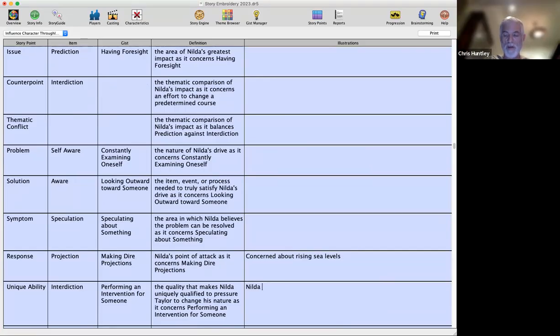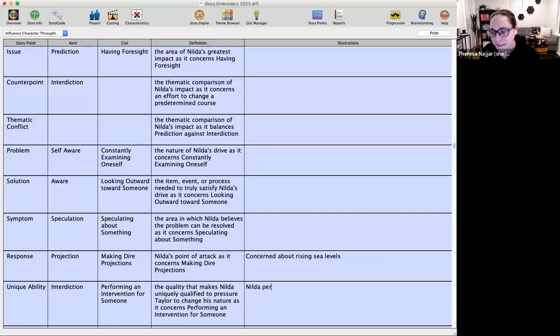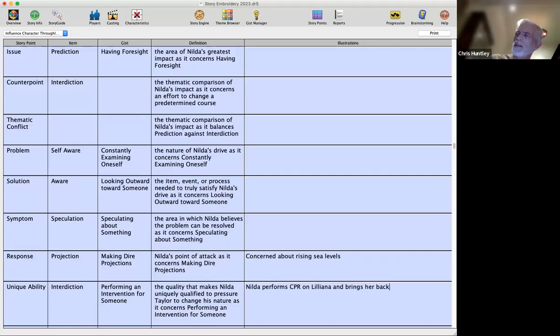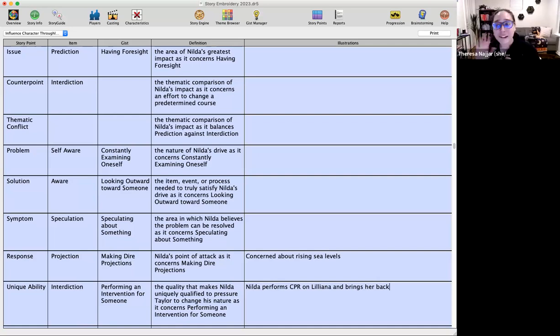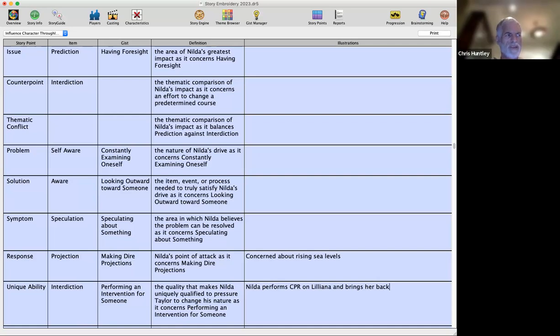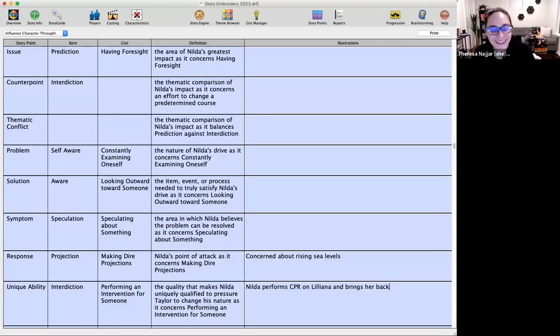Like CPR or what? Yes, let's do that. She is an advanced CPR certified nurse who has perfected her own technique, because at that time they were still doing in with the good air, out with the bad air. No, that ended a lot earlier than that. Okay. The Heimlich came around in the 70s, I think. Okay. So she is